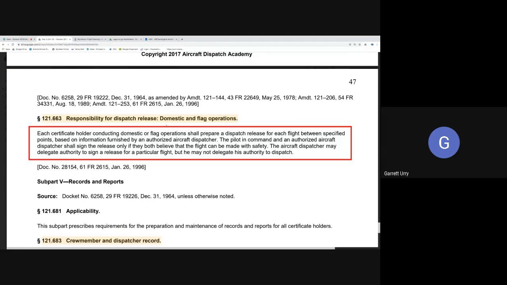The pilot in command and authorized aircraft dispatcher shall sign the release only if they both believe that the flight can be made with safety. The aircraft dispatcher may delegate the authority to sign the release for a particular flight, but he may not delegate his authority to dispatch. Okay, so what it's talking about here is